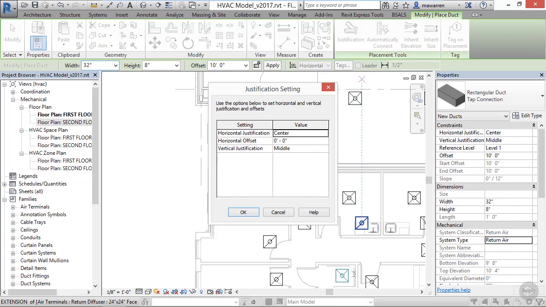Between the horizontal justification and vertical justification settings, and the three values each setting has, you can have 9 different possible points on the ductwork to route from. You have the 4 corners of the ductwork, the 4 midpoints along the edge of the ductwork, and the center of the ductwork. For now, we will set the horizontal justification setting from the center value to the left value